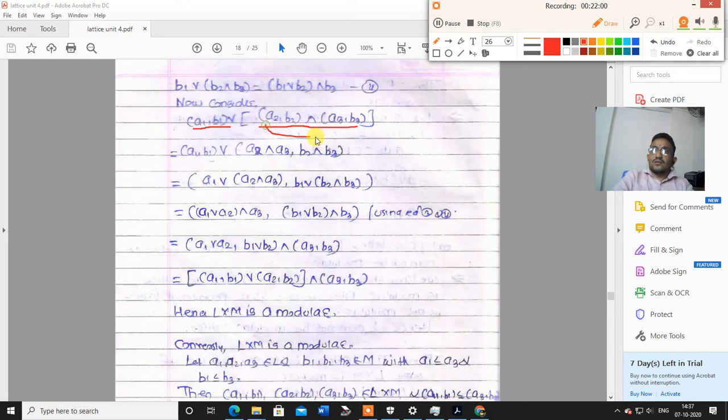Okay, so by taking the meet component-wise, we get (a1, b1) join (a2 meet a3, b2 meet b3). Again, taking the join on the ordered pairs, we get (a1 join (a2 meet a3), b1 join (b2 meet b3)). Okay, so therefore by using equations 2 and 3 we claim that